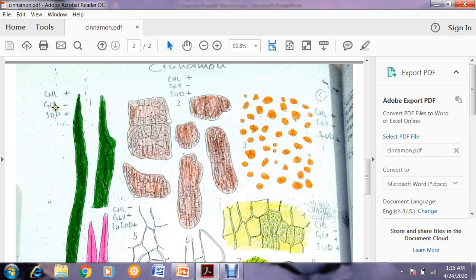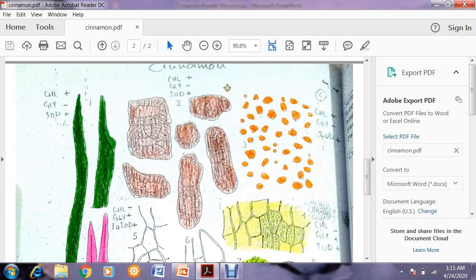Then in the glycerin slide she was unable to find it, so negative is written here, while in the iodine slide they again find the fiber, so they write a positive sign here. So basically three slides are made so that if you are unable to find the diagnostic feature in one reagent, then definitely you will find it in another reagent. So here it is mentioned what they have seen and what they have not seen.